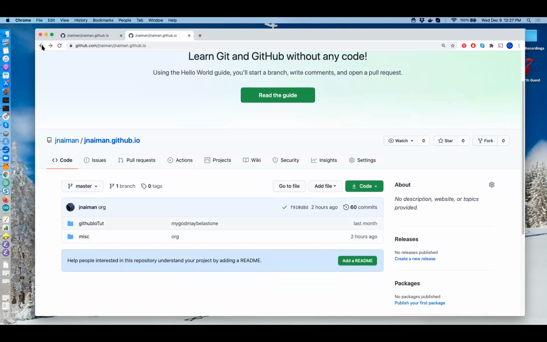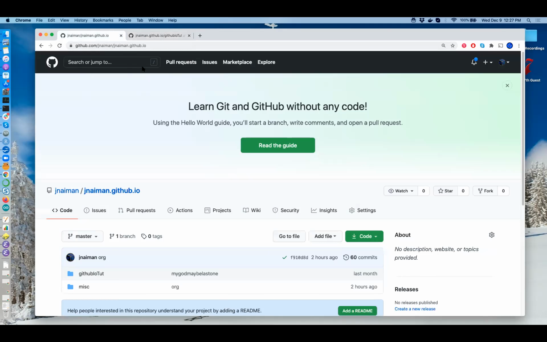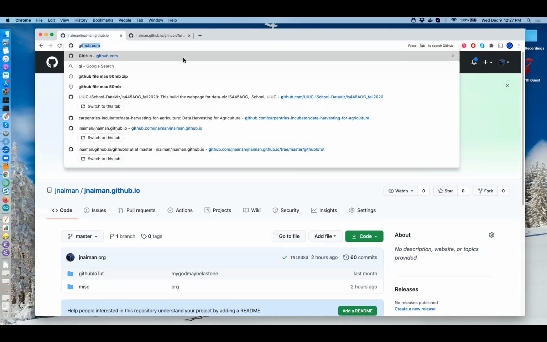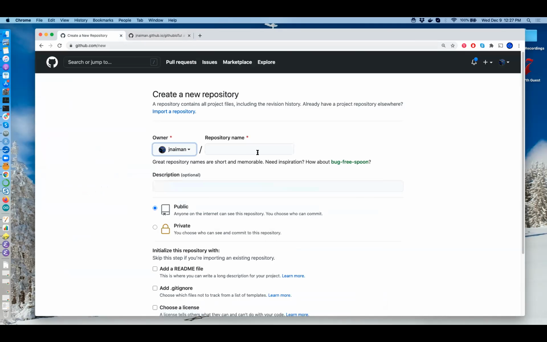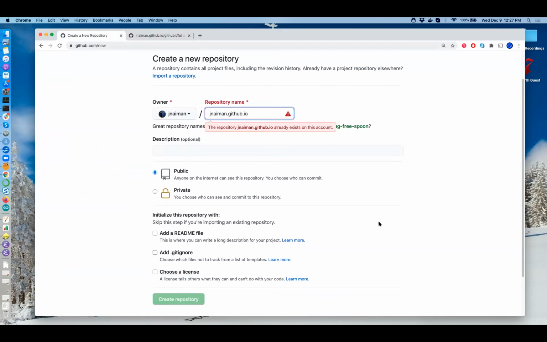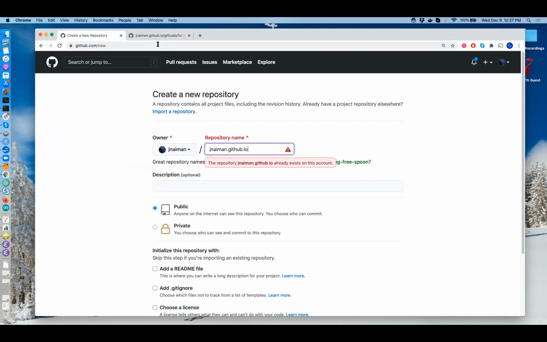So I'm wondering if folks are on the create repository page. So let me go back. Let's go back to here. So we're past this page. We've clicked on the create repository. Yeah. Okay. Maybe they need